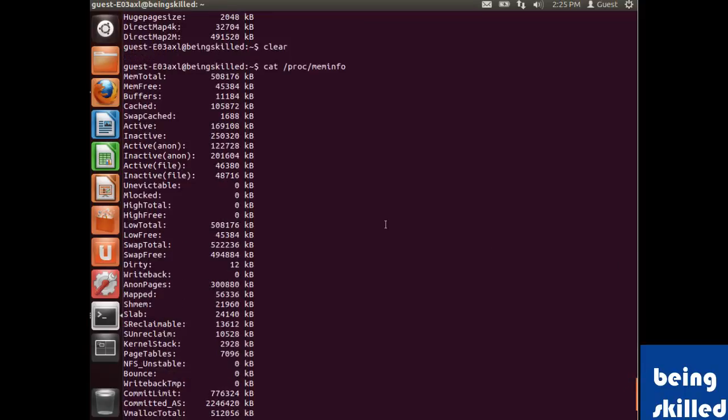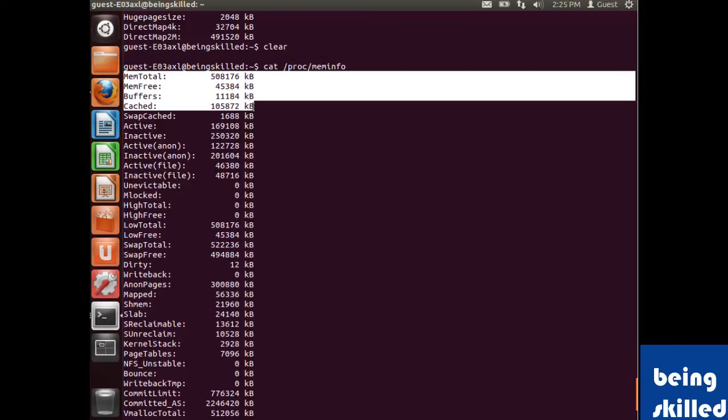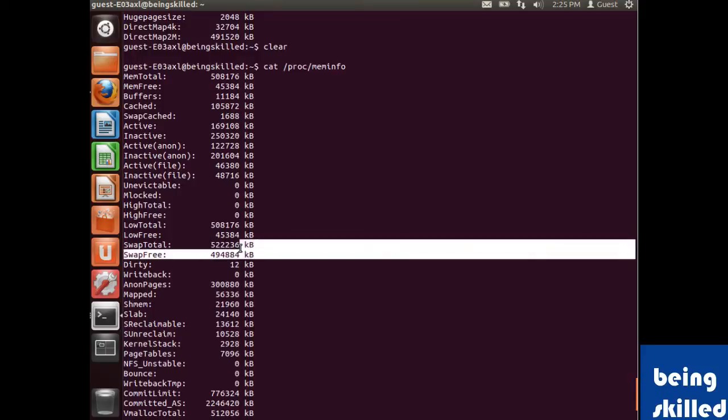So we can see the total memory this system has, then what kind of memory is free, which is 45 MB. Then we can see a very interesting thing, which is swap. So we have about 522 megabytes of swap, out of which 494 MB is currently free.